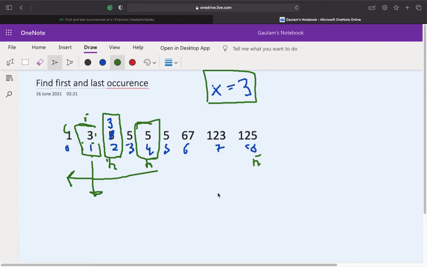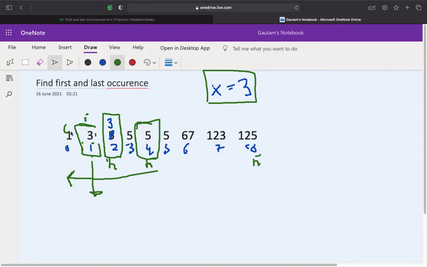Also, we need to do some more checks. For example, if the element was present in this position and we go to the immediate left, it will give an out of bounds exception, because we can't do ARR of -1. So we need to do some more checks.